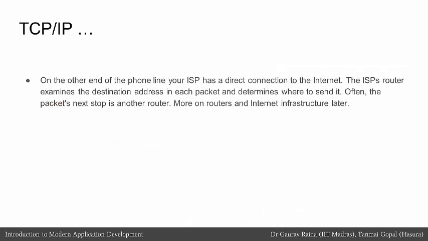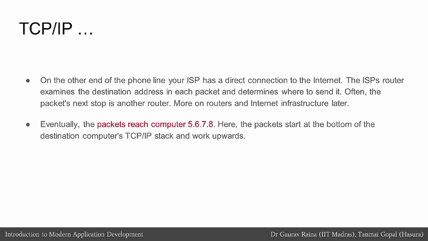On the other end of the phone line, your ISP, your internet service provider, actually has a direct connection to the internet. The ISP's router examines the destination address in each packet and determines where to send it. Now, more often than not, the packet's next stop is usually another router. And we'll talk about routers and internet infrastructure later on. So eventually the packets reach computer